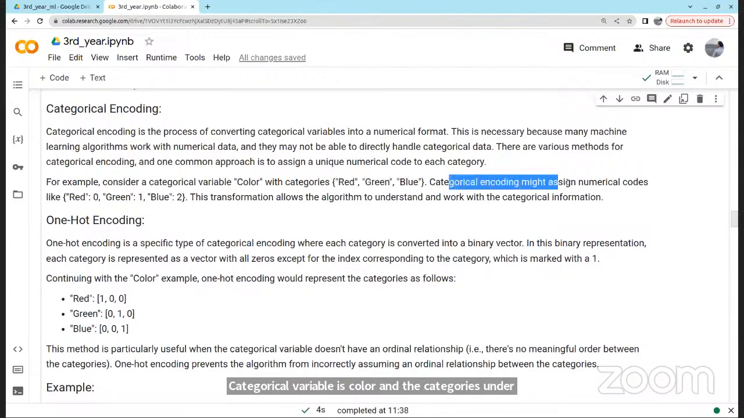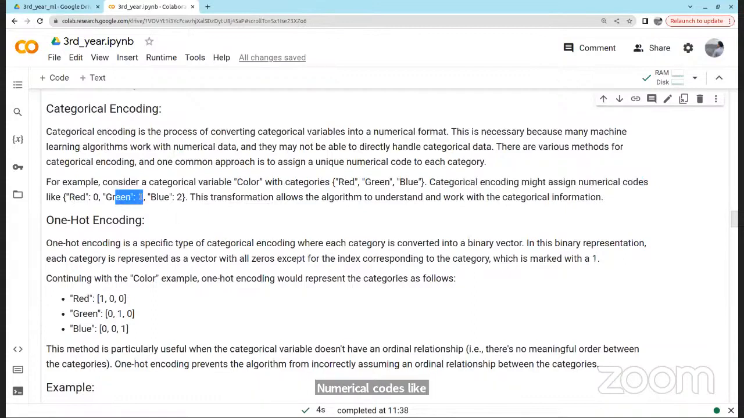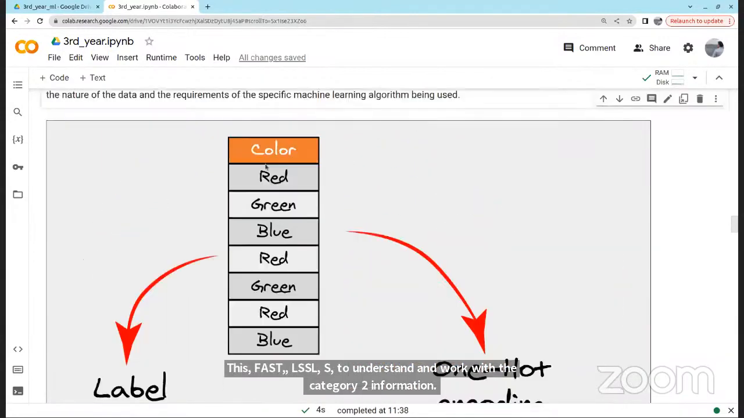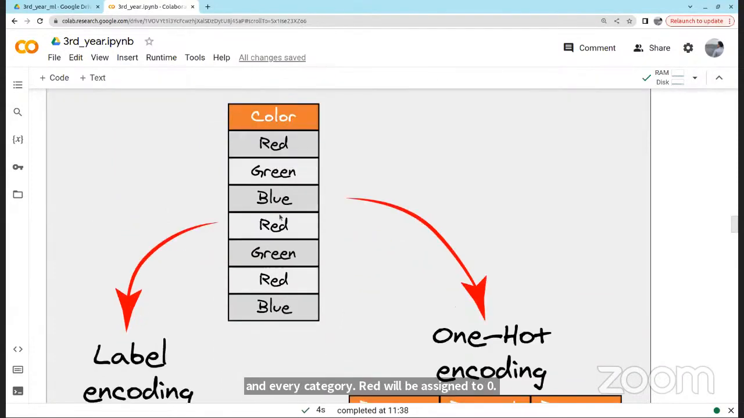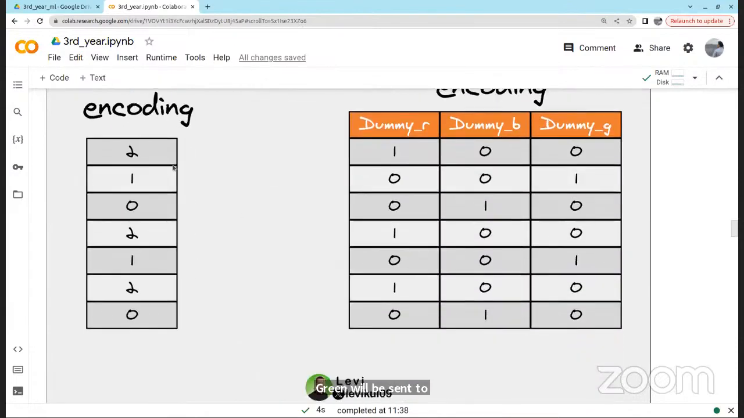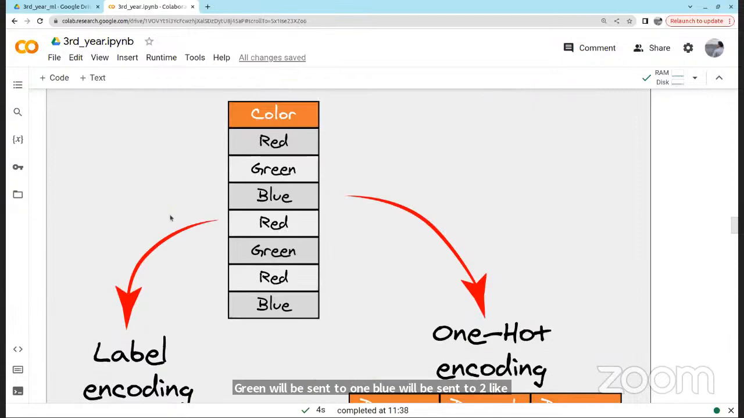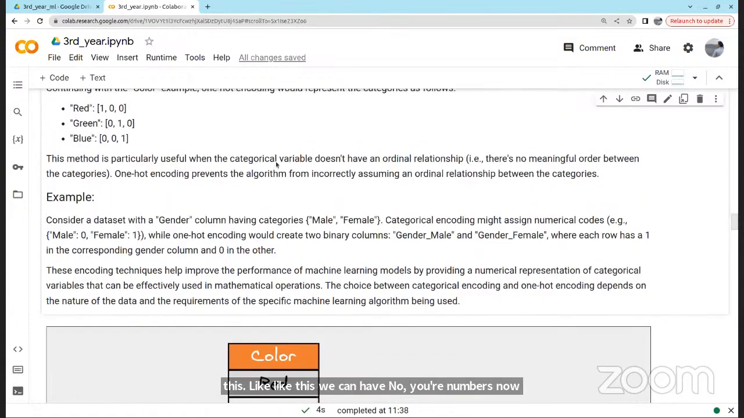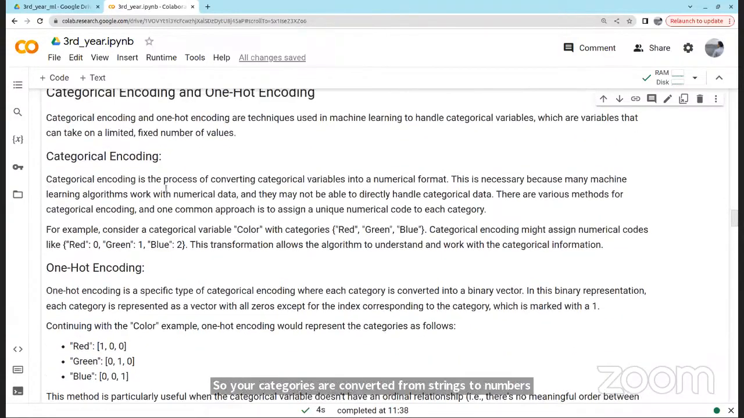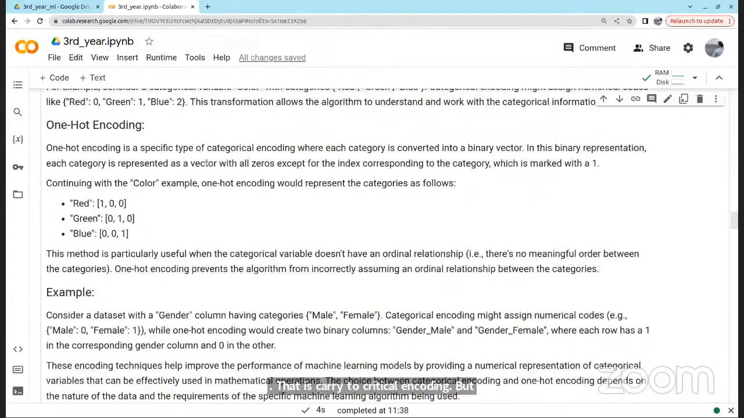Categorical encoding might assign numerical codes like red is 0, green is 1, blue is 2. This transformation allows algorithms to understand and work with the categorical information. So it will assign a number to each and every category. Red will be assigned 0, green will be assigned 1, blue will be assigned 2. Like this, we can have your numbers now. So your categories are converted from strings to numbers. That is categorical encoding. But the problem is,